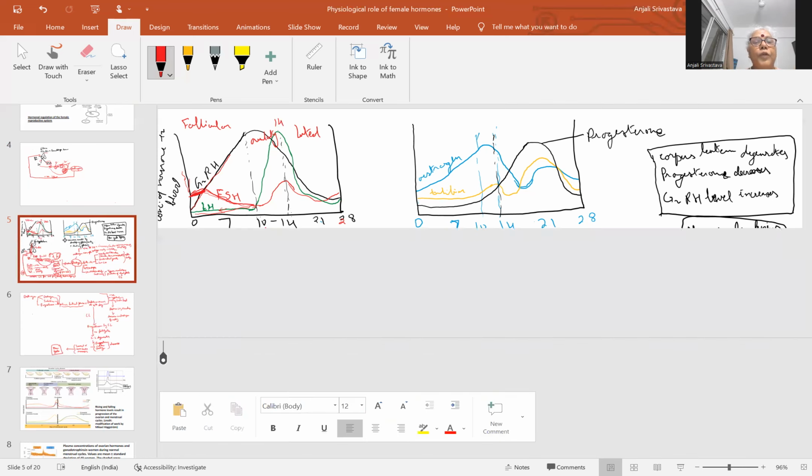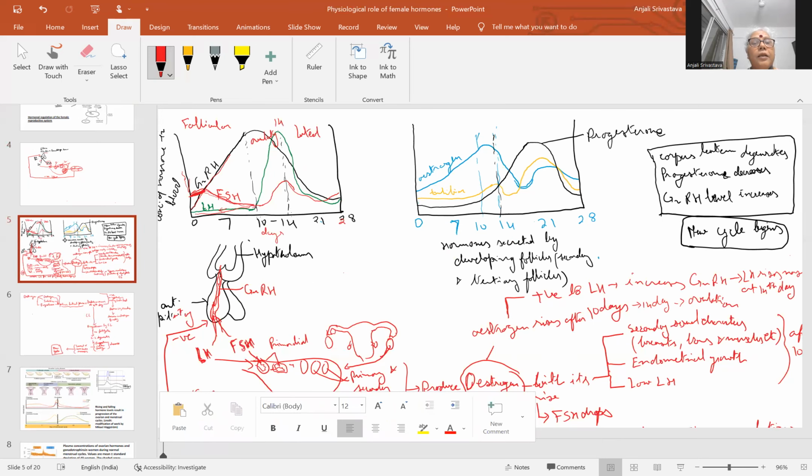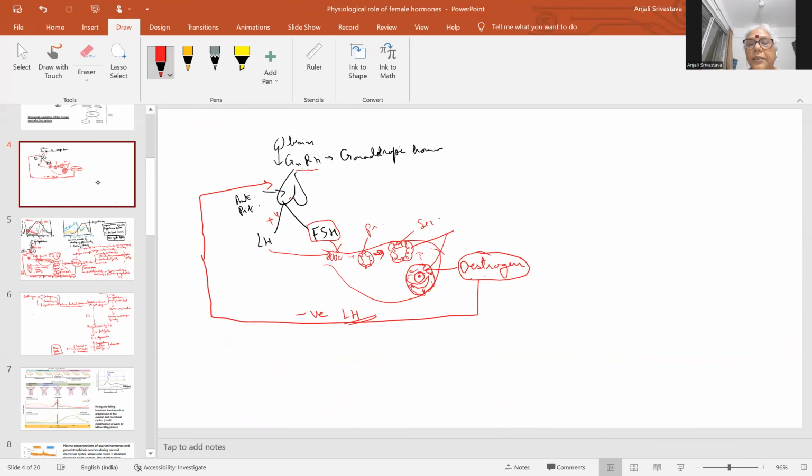causing the ovulation. That is Graafian follicle में rupture करता है, ovum बाहर आता है, and that releases this. Here the release of this ovum comes out on the 14th day. That is called the ovulation. So ovulation is brought under control of LH and estrogen. So estrogen altogether working